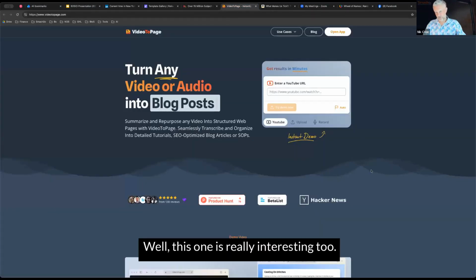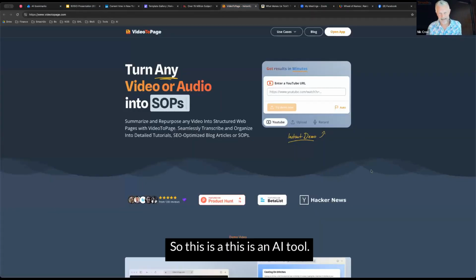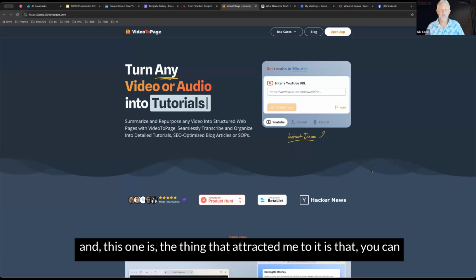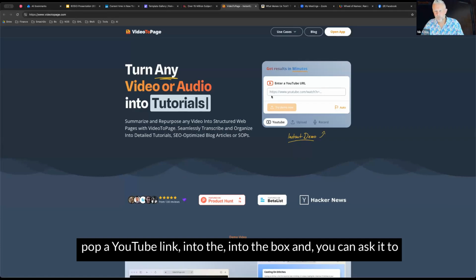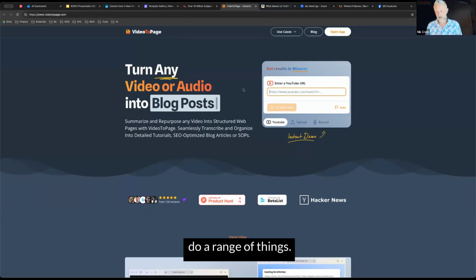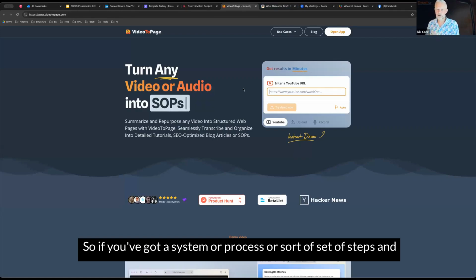Right, this one is really interesting too. This is an AI tool, and the thing that attracted me to it is that you can pop a YouTube link into the box, and you can ask it to do a range of things. So if you've got a system or process or set of steps, and you've